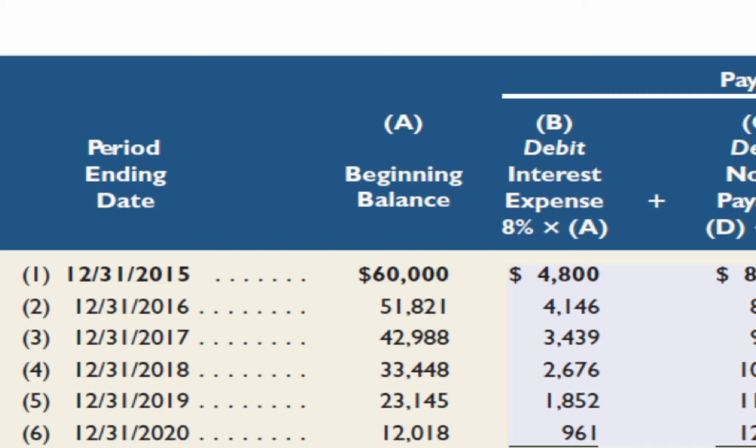Now, you're not going to be asked in this class to come up with an amortization table like this. There are very easy ways to do this in Excel, kind of beyond the scope of this class. But understanding this is important, especially because pretty much everyone in here has either bought a car or is going to have to buy a car at some time in their life. Most people will finance a car in their lifetime.